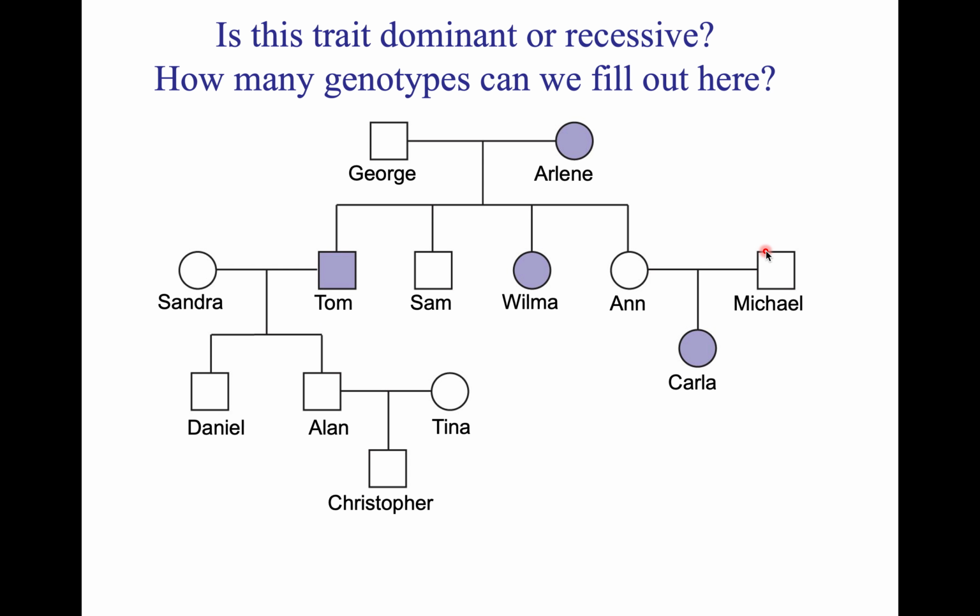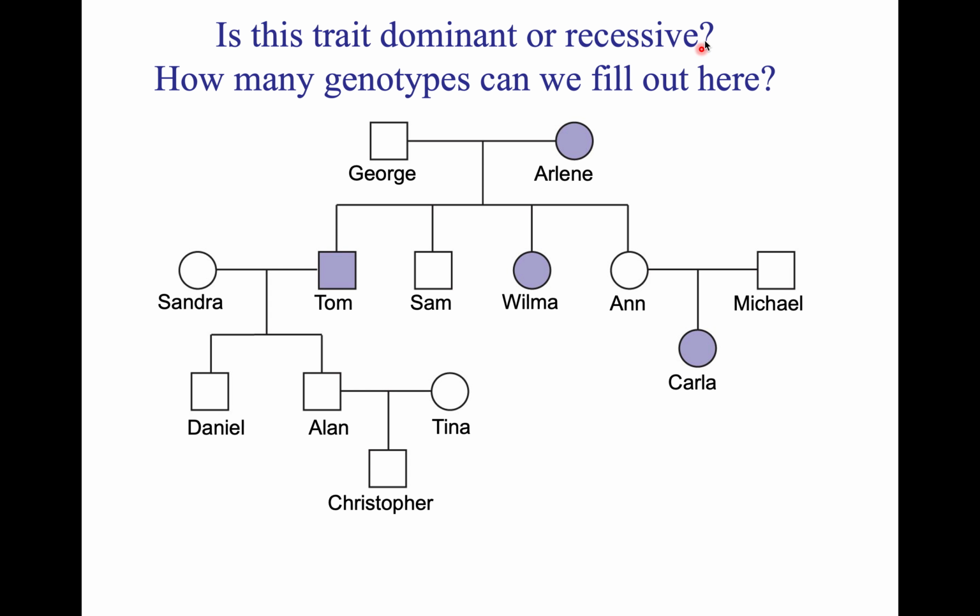All right, so let's try and work through one of these pedigrees. I'm going to give you a problem like this on the assessment that I'm going to have you do for this section. So let's say we have this pedigree, and you can see there's a number of people that have a particular trait in this